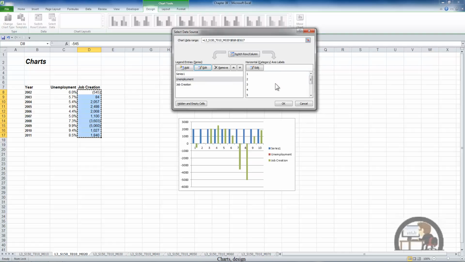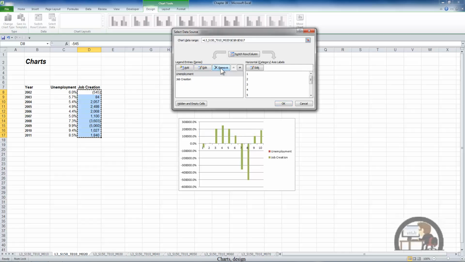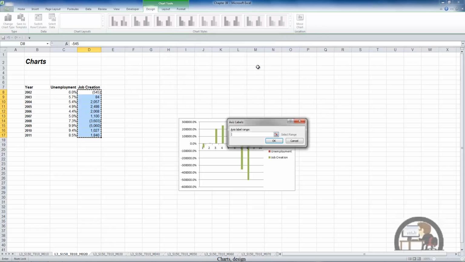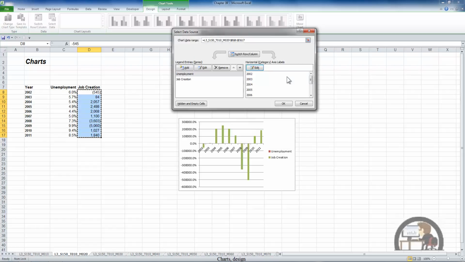Excel created series 1 because, as I said, the year is numerical, so Excel thinks it's yet another series, but it's not. So I'm going to select series 1, left-click remove, and that's a little better, but I still have the problem where the horizontal axis is mislabeled. And this is the other issue that you can run into when you have categories that are numerical, which is what we have. In order to change the category labels, go over to the horizontal axis or the category axis, select the range that contains the labels, left-click OK, and we've now made a couple of major corrections to this